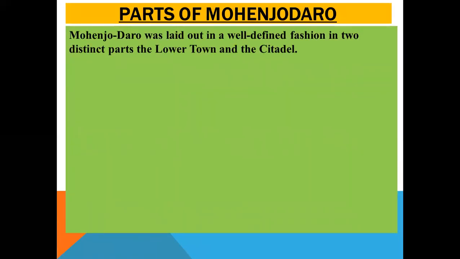Dear students, the parts of Mohenjo-Daro, just like every old city, have two types of settlement, so there are two parts. Number one, the citadel, and number two, the lower town. The citadel is the upraised part, which is located on the high surface of the earth, and the lower town is round about this one. The citadel was also covered with a fortification wall. Here we will discuss the